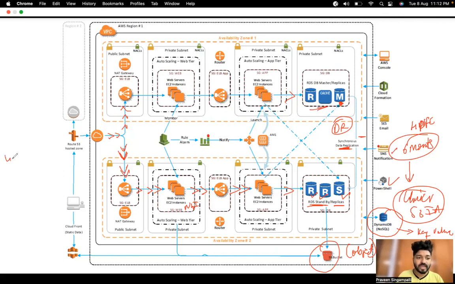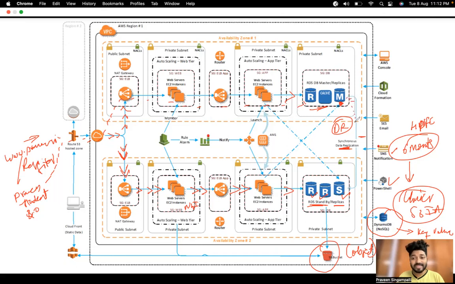Suppose I show you www.praveensingampalli.com. Suppose my user is logging in, right? My user is registering. Let's take /register I hit. With that /register, I am sending the name of the user, like Praveen. He is a student, right? And he is enrolling for course 3.0 or 4.0 and some details. Now these details as an object go here, here, here, and to the DB, and